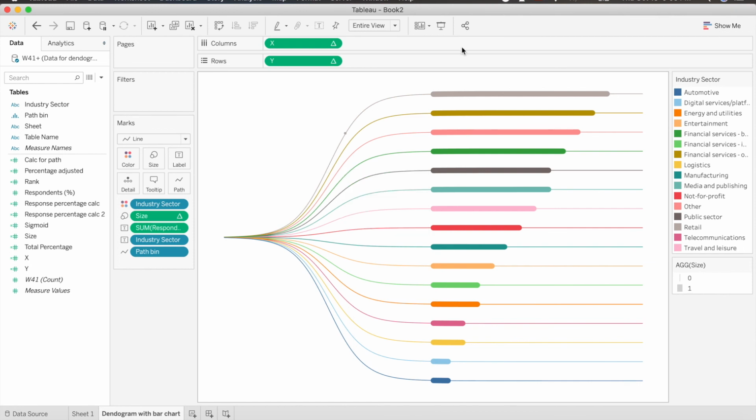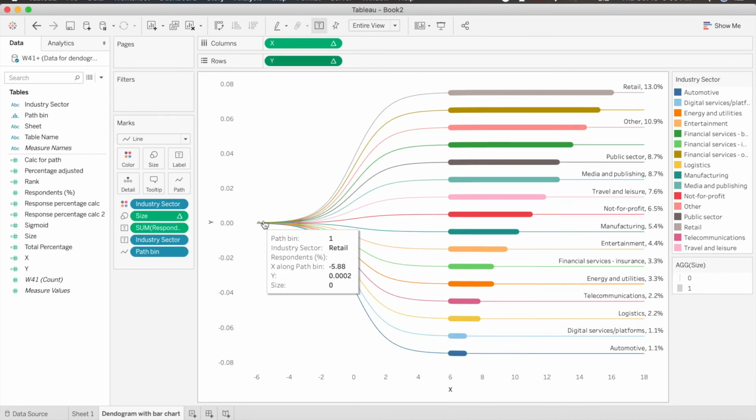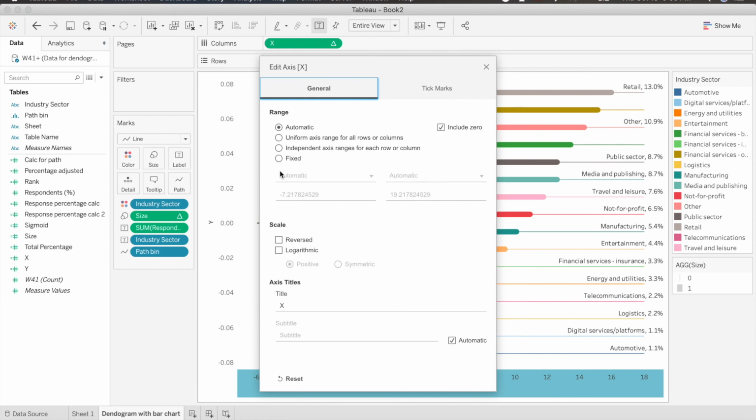Now you can see that this is how our bar chart is created. Let's check our mark labels. For example, if you do not want this peak, you can adjust the height and width of your dendrogram. Just click on Edit Axis, x-axis, check Fixed.